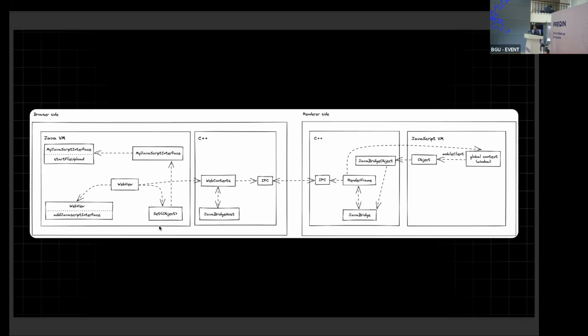When you expose methods from the Android side, they are exposed to all frames on the web. Now, what does that mean? It gets exposed to the render frame, the main HTML frame which you have, and it gets exposed to all the iframes as well. So to overcome this challenge, you need to make sure that in your app, you are only importing trusted content